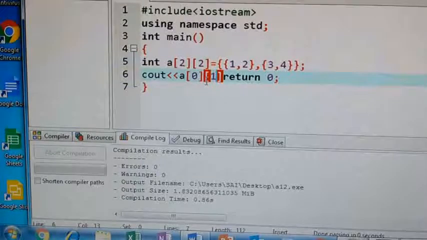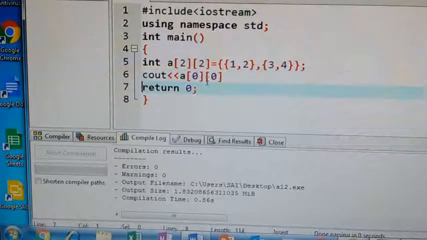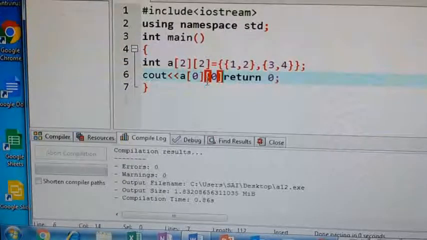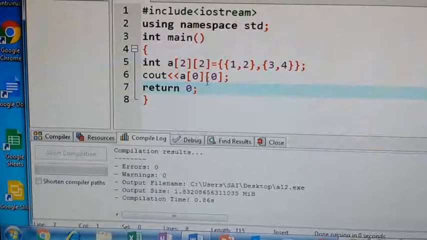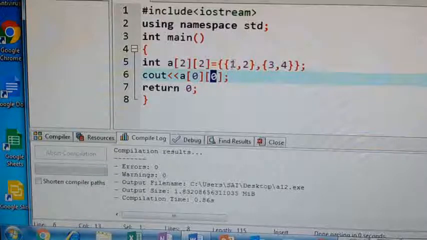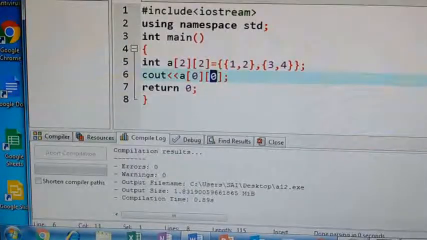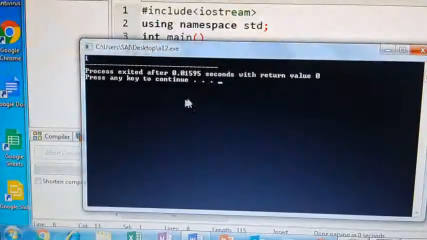Now see here, the first subscript is for the row and this one is for the column. A00 means the first row and the first column. Now save this, execute, compile. No errors. Execute, run. 1 is printed.